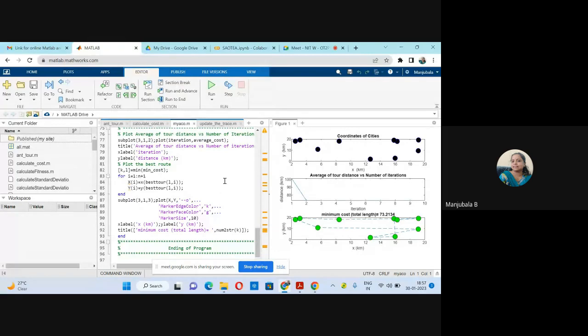So this is all about the ant colony optimization algorithm from my side. If you are having any doubt, any questions,